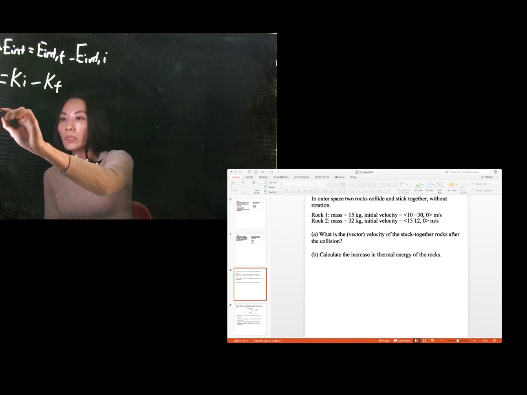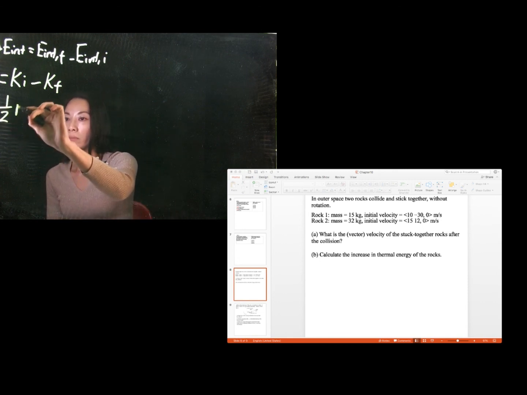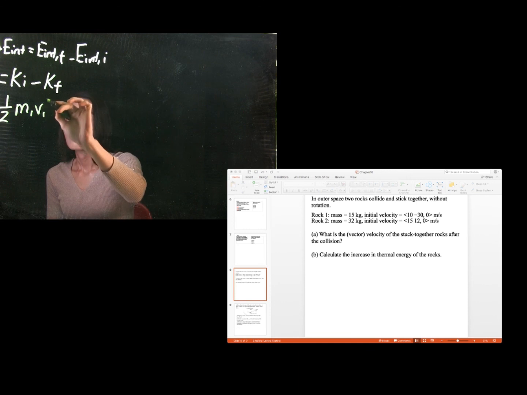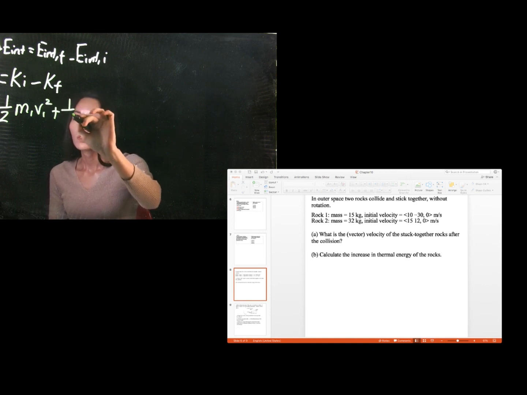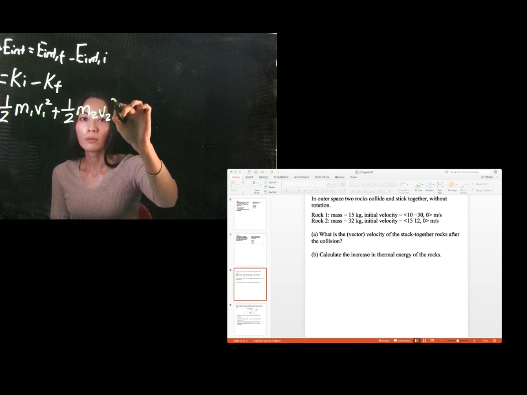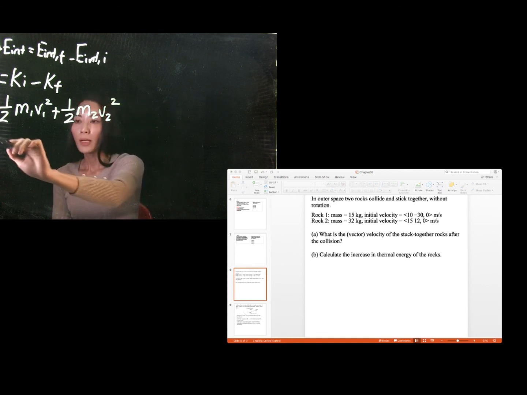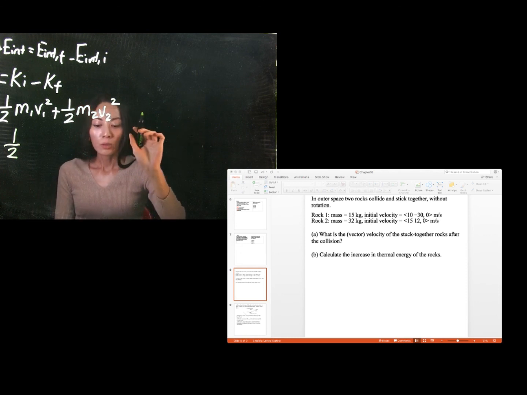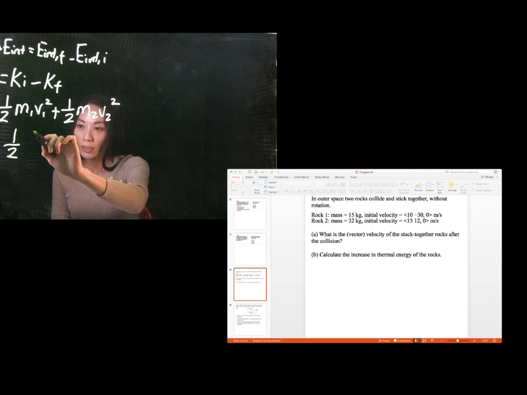And so then we can now write the combined initial kinetic energies and subtract that by the final kinetic energies. These two rocks stick together, so we combine the masses